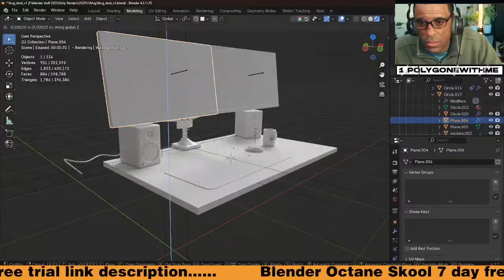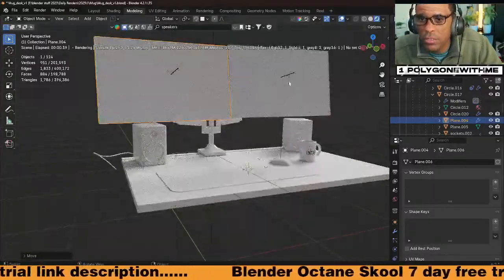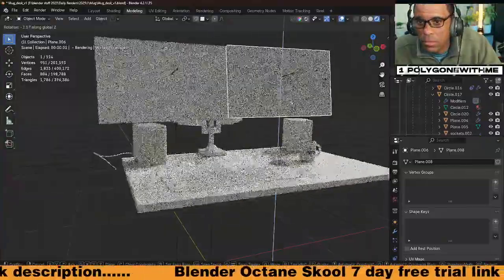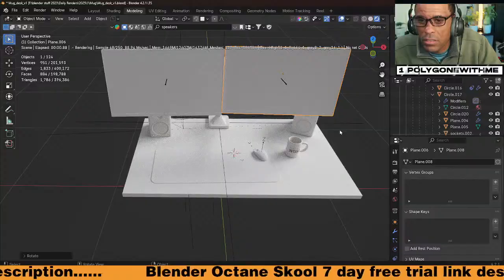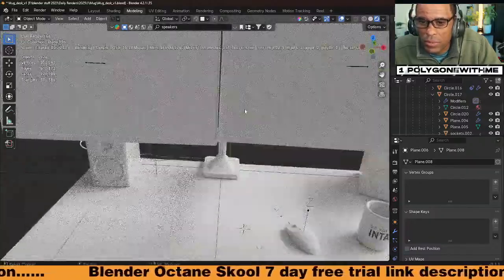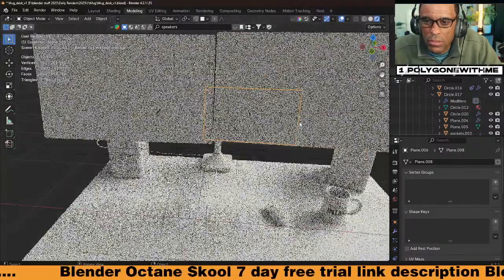Let's go GZ, bring it down a little bit. Let's grab this guy and rotate on the Z just a little bit, just so they're not all perfect. There we go. I just don't want them to collide into each other.